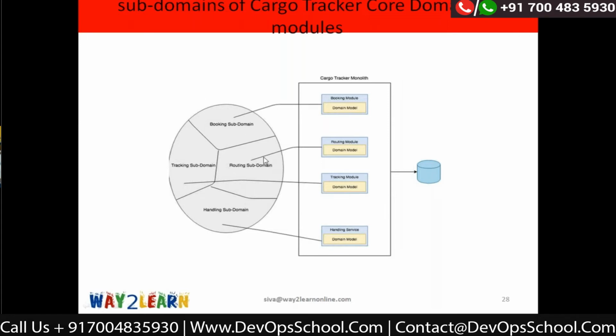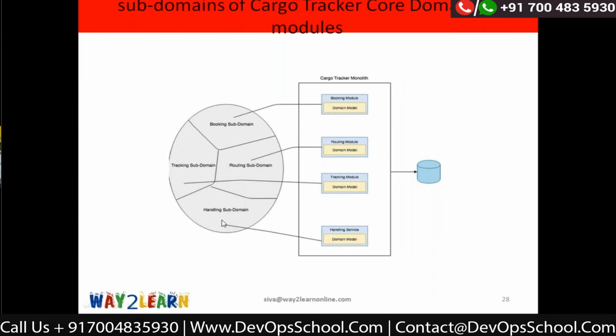Okay, let's see first. So our application is what? Cargo tracking application. And I have to, of course, sit with my business analyst and understand the whole domain first. Identify based on the business capabilities and what all services it offers. I have to identify the subdomains. So I identified these subdomains: booking, tracking, routing, and handling. Right now, I don't know whether my application is going to be big enough to design as microservices, because we understood there are a lot of challenges with microservices.